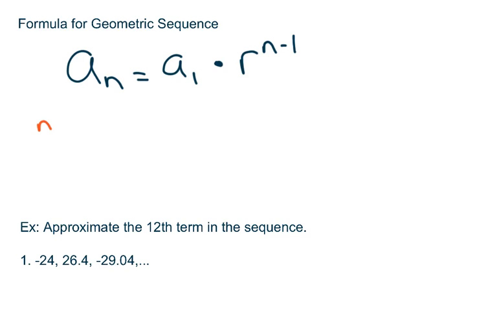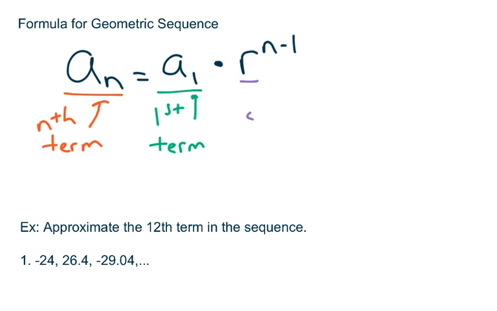Remember, a sub n stands for the nth term right here. A sub 1, just like in 12.1, is the first term, and then your r value is your common ratio, and there it is. Okay, so these are the three main pieces of information that we're going to need to know. Just like in arithmetic, the n's will be the same number, and we'll go ahead and do a couple